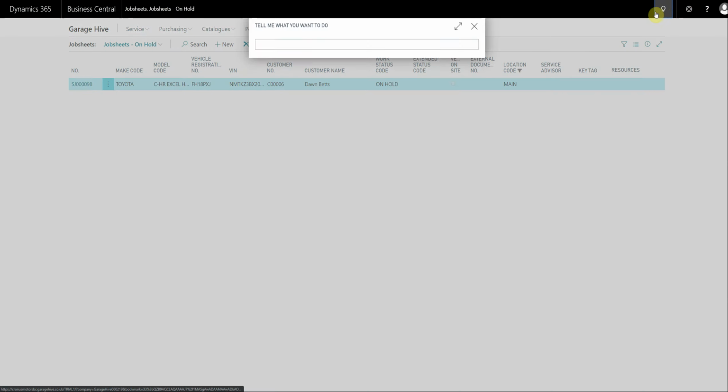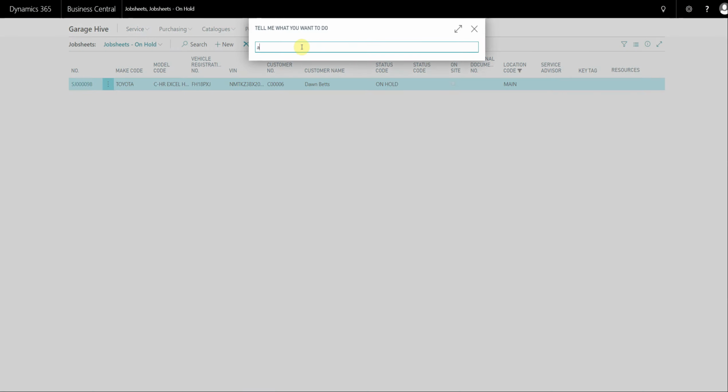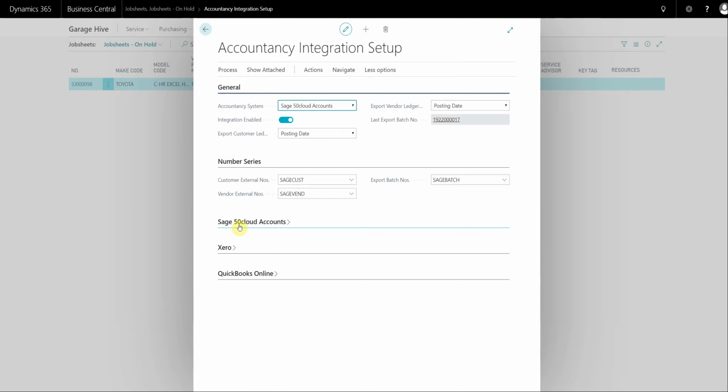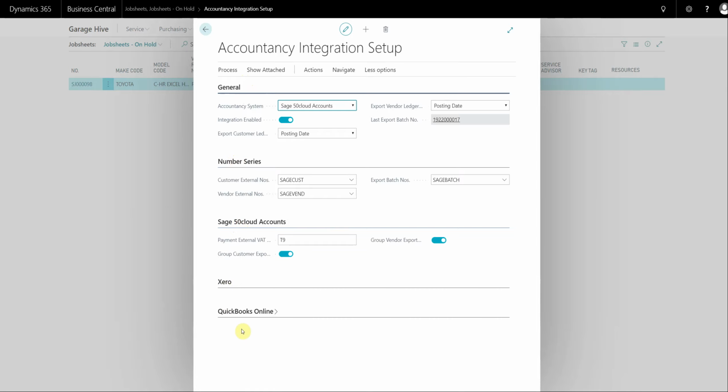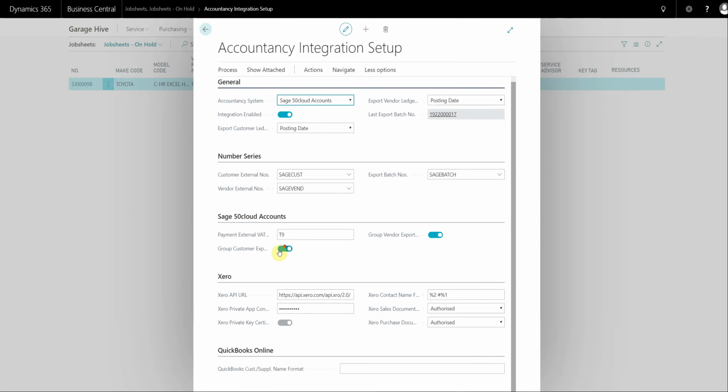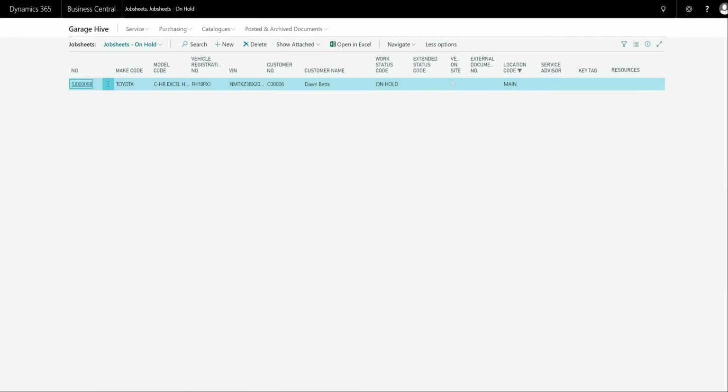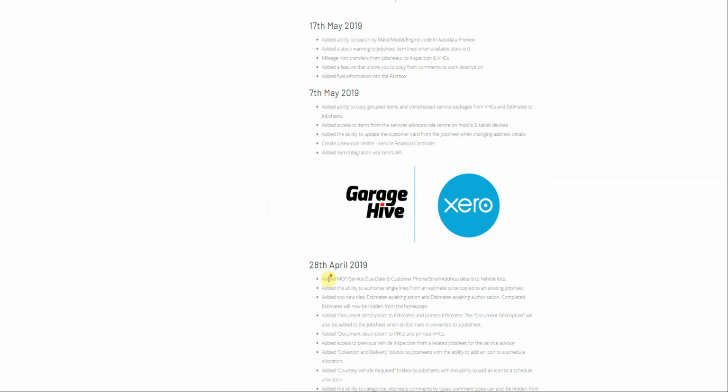To access the integration, it's the same as previously. If you just search for accountancy integration setup, you'll see here that we now have Sage, Xero, and QuickBooks. But the export method is exactly the same as it was previously, so that hasn't changed. Okay, so going back, we have